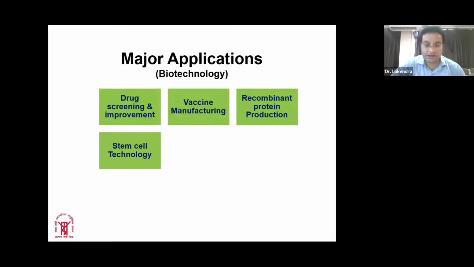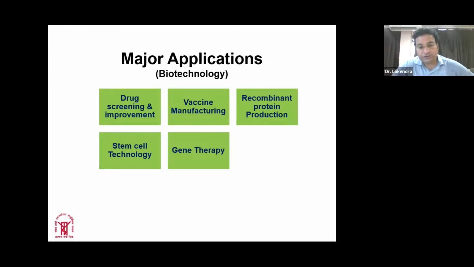Stem cells are another aspect of cell culture, because these are very specialized types of cells, pluripotent in nature, and they can divide into any type of cell. So stem cell methods are also very useful, and these cells can be cultured by using cell culture or in vitro culture methods. In addition to that, there are various applications in gene therapy to treat or maybe to understand genetic disorders. So this kind of cell system